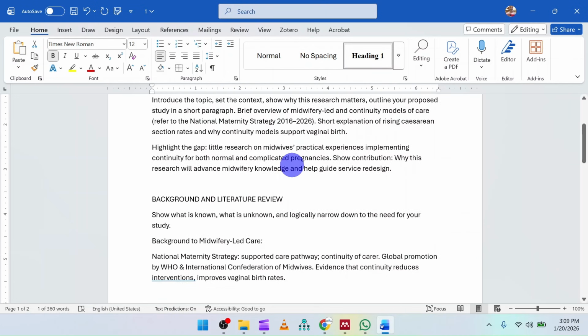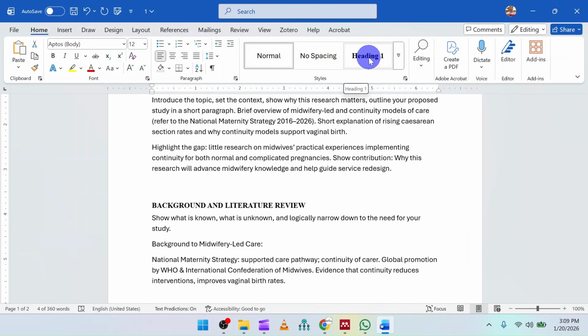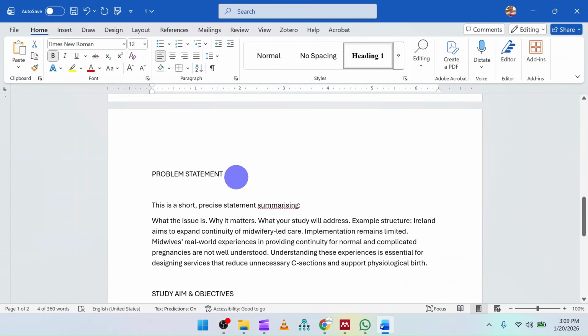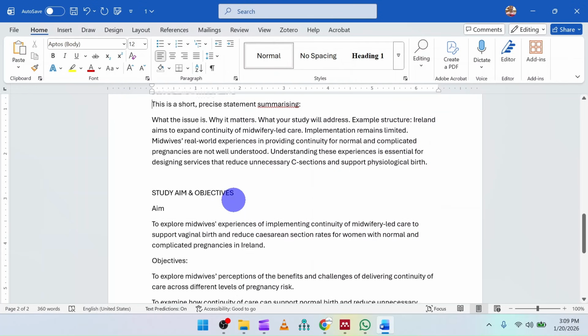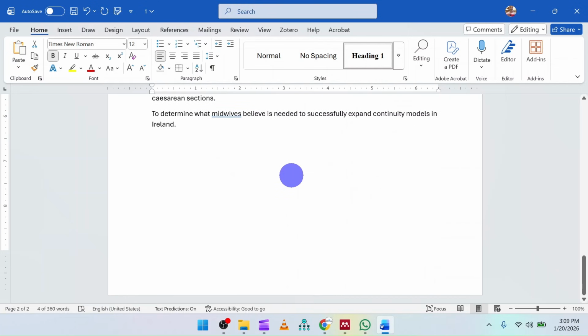So when you want to select the next item you want to appear in your table of contents, all you have to do is to highlight the text, then you go back to the heading and you click on the heading this way. So you do same for subsequent headings that you want to reflect in your document. So you do same for this heading this way. When you are done,